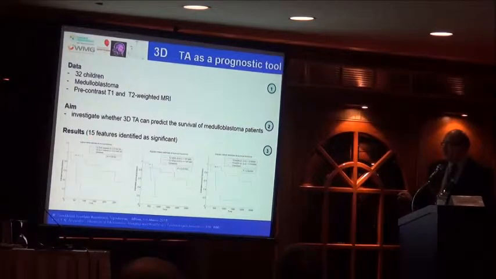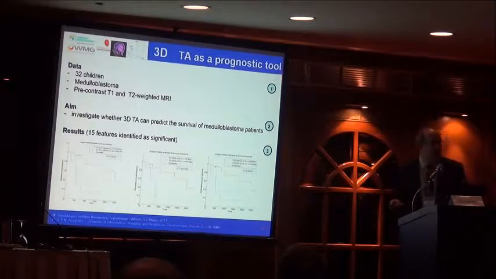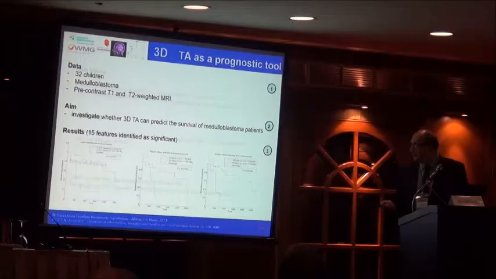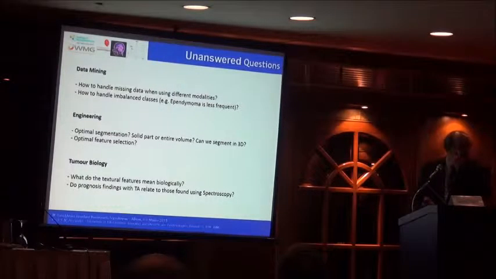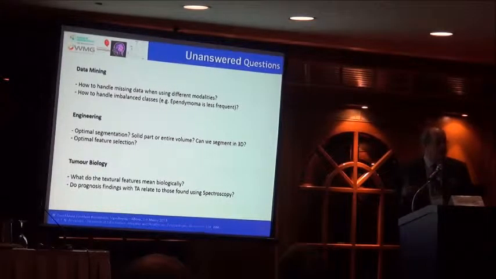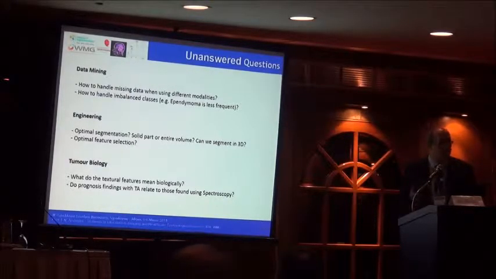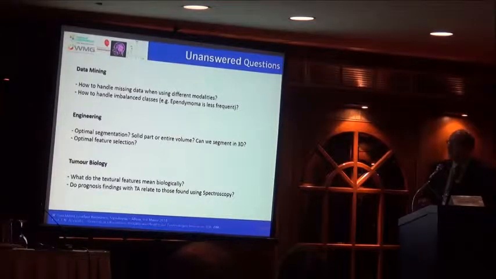This was shown in particular in features of T1 and T2 imaging. So texture analysis can tell us about survivability and prognosis, so we can plan the treatments better. An interesting approach. We can characterize tumors, we can diagnose them, we can tell something about prognosis, we can learn about how people respond to treatment. However, there are some interesting unanswered questions.